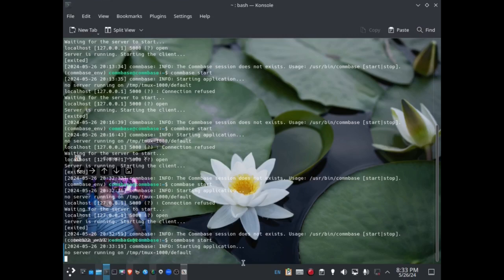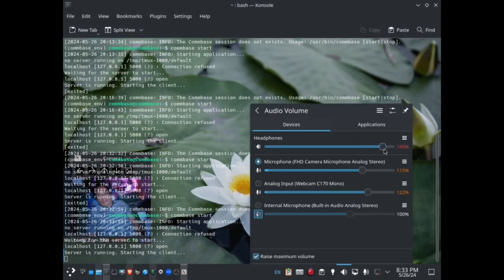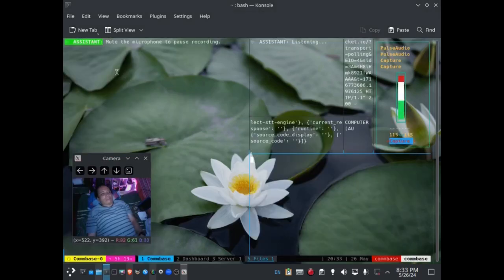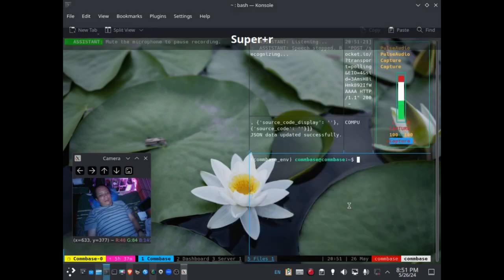So you can hear something, I think. Mute the microphone to pause recording. And there it is. This Python TTS3 is not the best voice, but it is the most internationalized of the voices that come from software packages and bundles to Coinbase and with Coinbase by default, right?